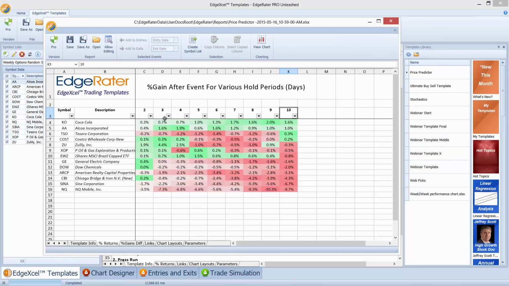So then you can see, breaking it down on an individual stock basis, how those particular events affect those stocks. And you'll find that different events have different effects on different stocks. Very interesting to know. Now, what you'll actually be able to do, I haven't got this working in here, but